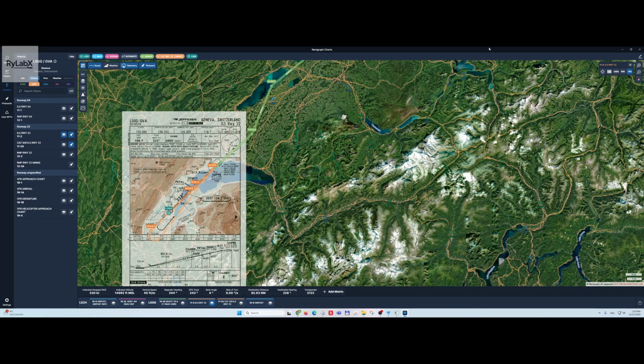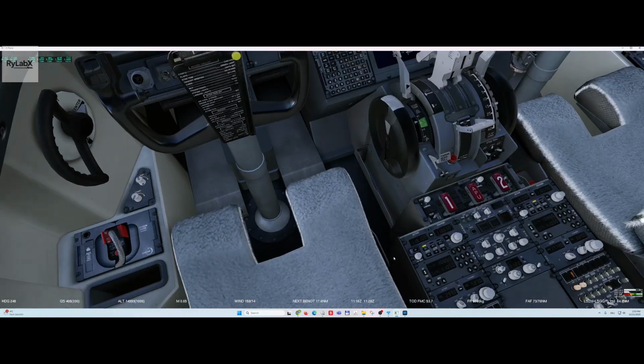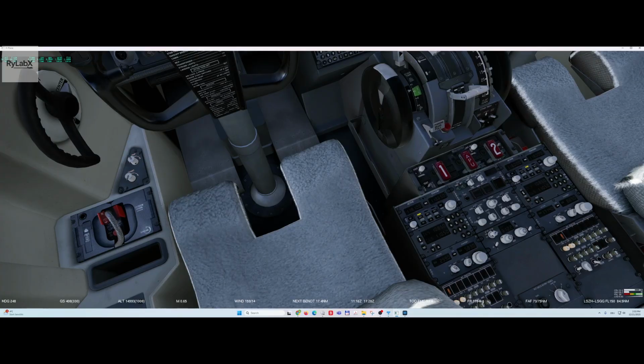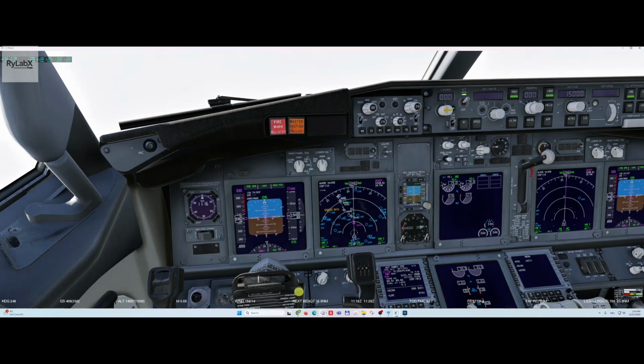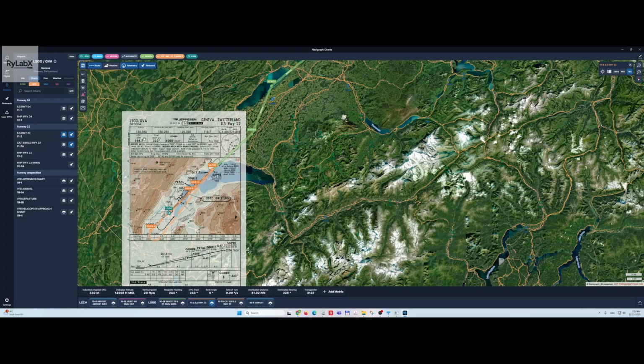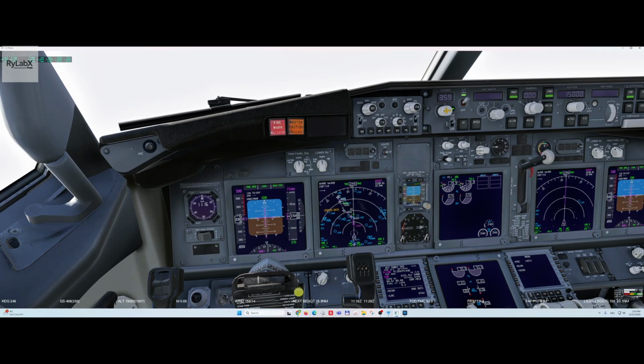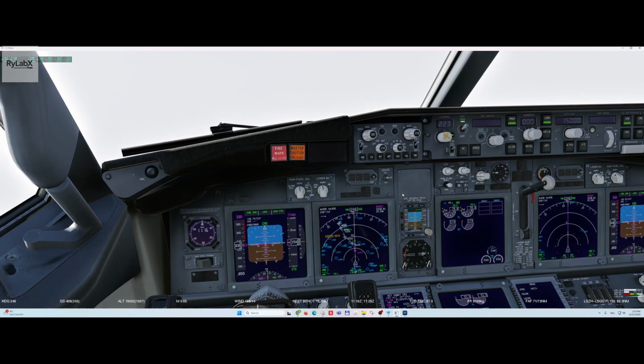Let us insert the frequency 108.7. Okay, and the course we set 223. Okay, so that is set now,